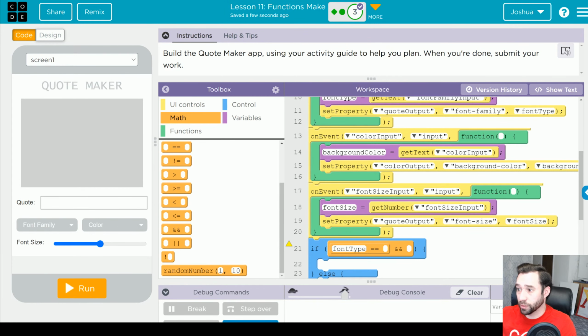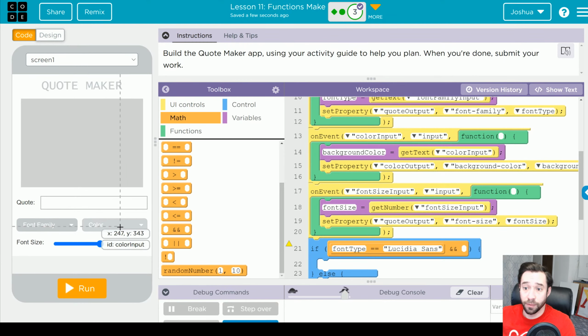Or no, Lucidia Sands. So if the font type equals Lucidia Sands, I think I spelled that right,